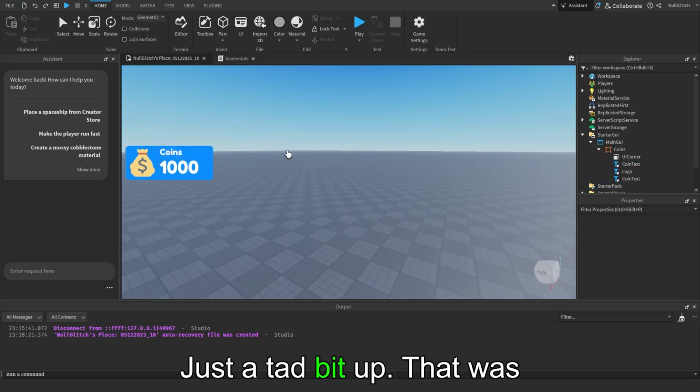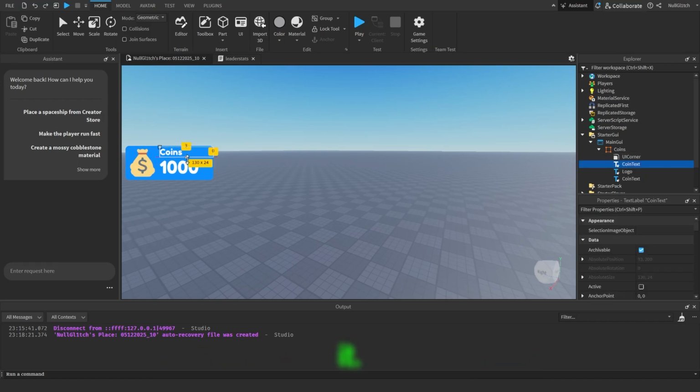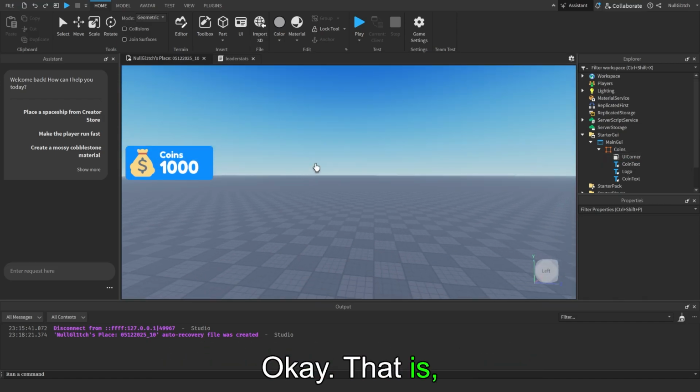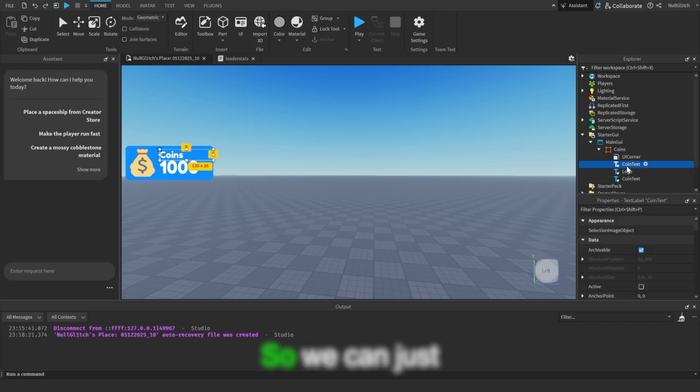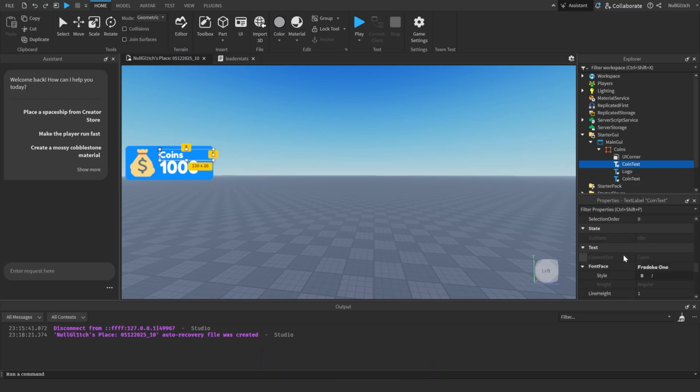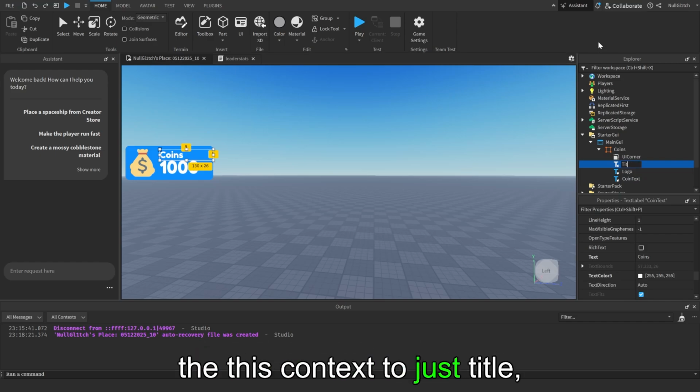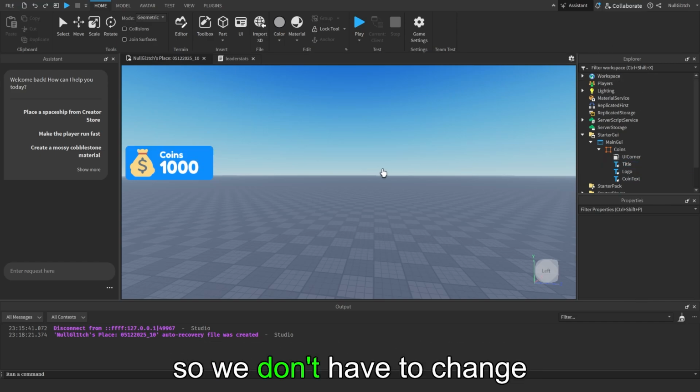Just a tad bit up. That was not a tad bit, that was a lot of bit. Okay, that is pretty decent. So we can just rename this coin text to just title, and it keeps all the properties, so we don't have to change any